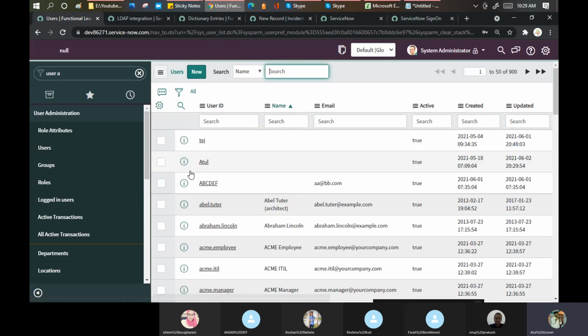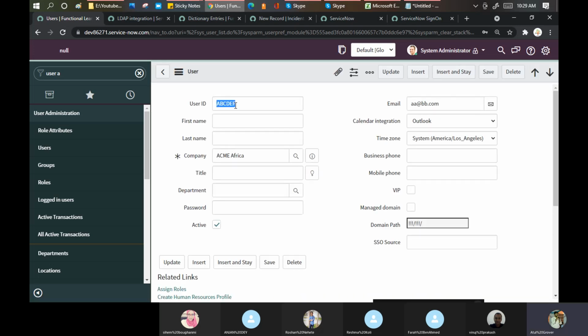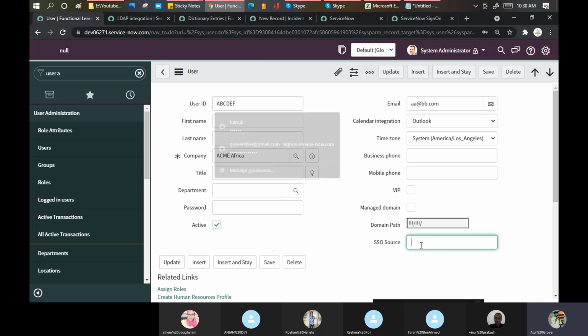Let's take an example of this one. Suppose I bring this user from the LDAP. Now, whenever this particular person wants to access my service, it should be SSO enabled. So I need to put the SSO source here, so that it goes to his company federation portal and brings that information, and then he can use my system. He can log in to my service now. So that is the place where I need to do this.